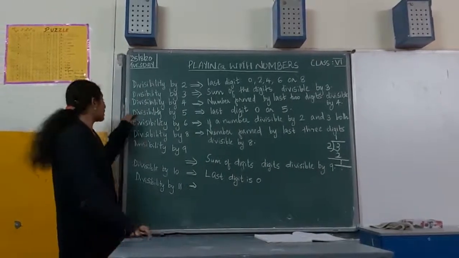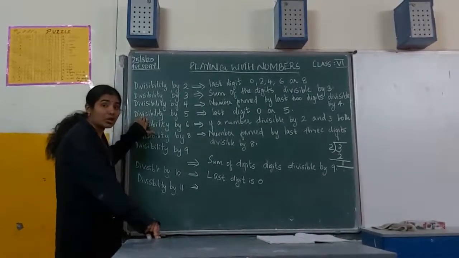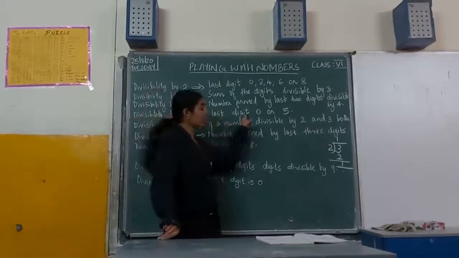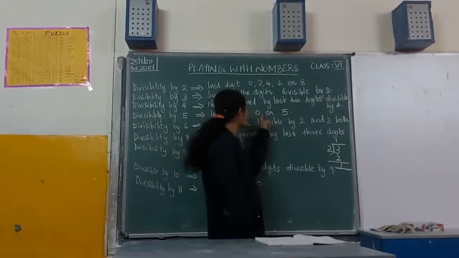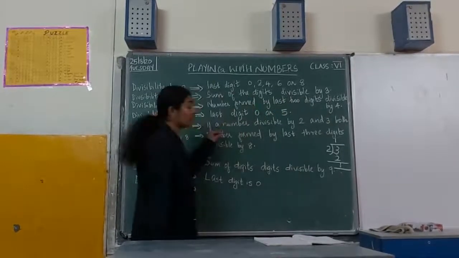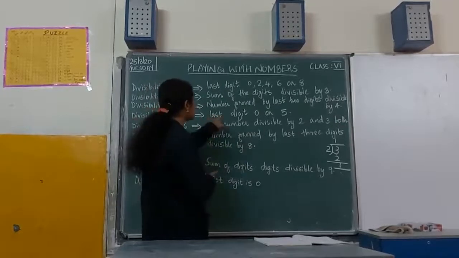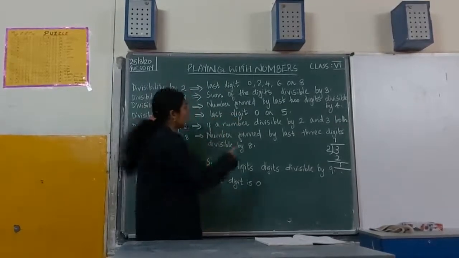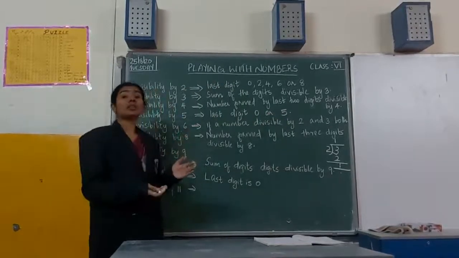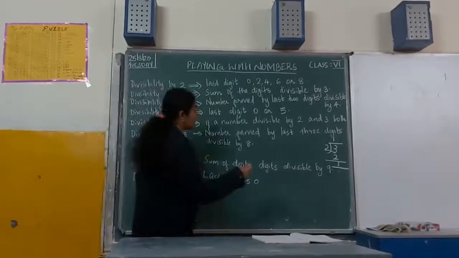Next, when you are given a number, how do you check the divisibility by 5? See the last digit. If it is 0 or 5, then we can say the number is divisible by 5. For example,